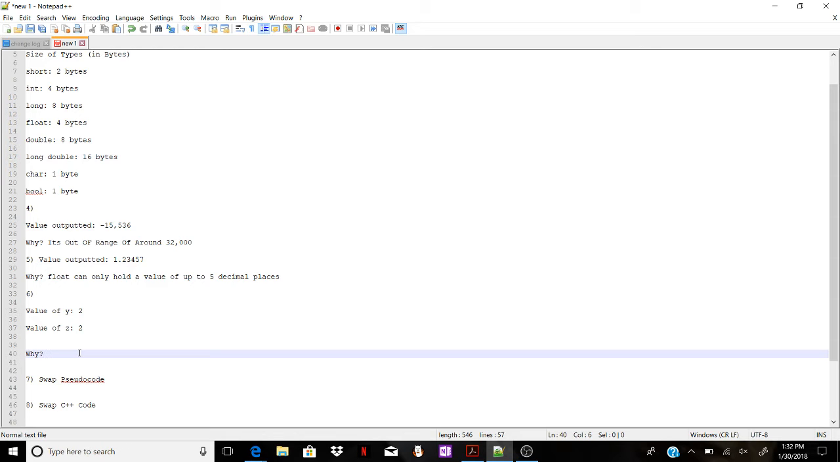Cool. Awesome. Write the program in pseudocode to swap the value of